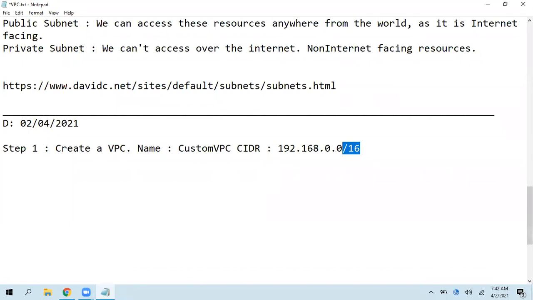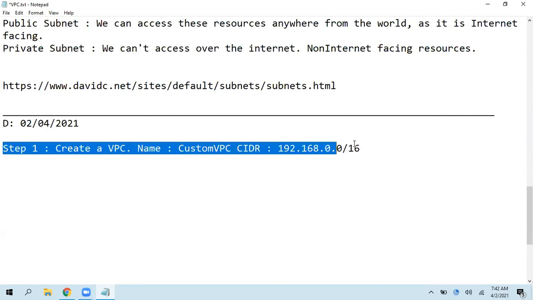If you want to go with /17, absolutely fine. /16, absolutely fine. /18, absolutely fine. Anything below, if you try to give /15, it won't support. So I'm going with the highest supported one.